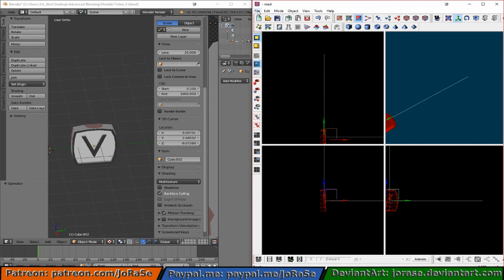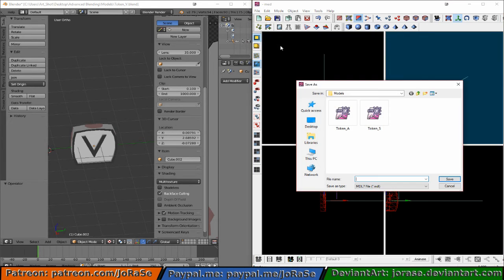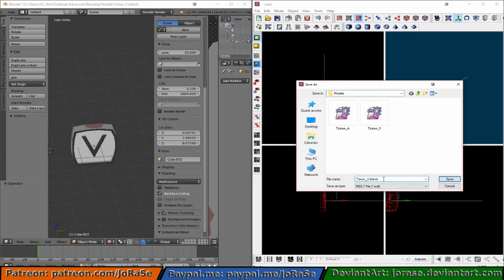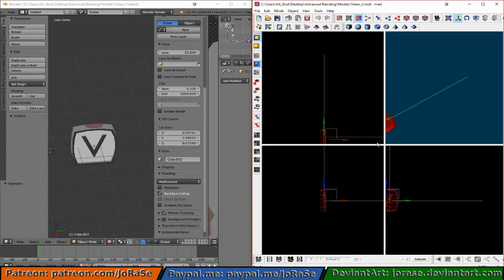And we're going to save this as token V. So type it in, go down to where token V is in the list, click it, and delete .blend. Make sure it is a MDL7 file we're saving it as, and hit save. The last one to go,